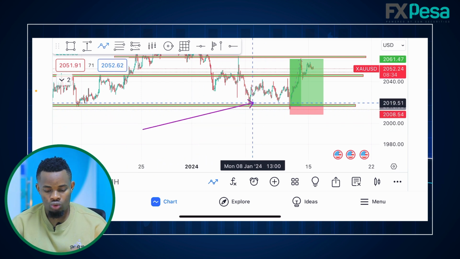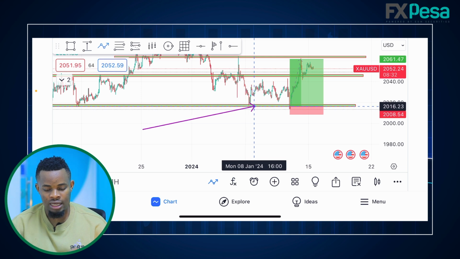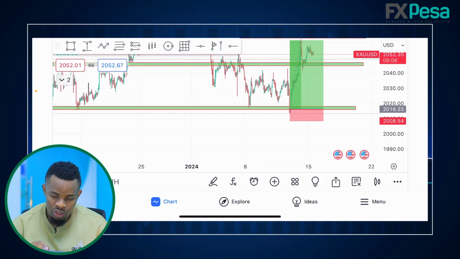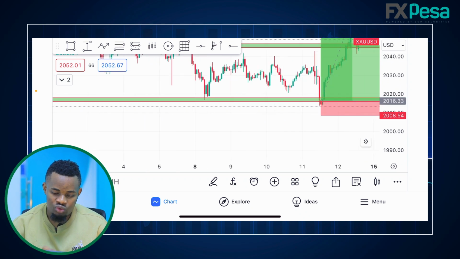Also, when they sweep these levels here, as long as they sweep below like this, it means this market will buy. How do you get the confirmations? There are many confirmations. There are two concepts that I normally don't just share, but they're the ones I use. Another free one is the candlestick formation. How are the candlesticks formed? When you look here, you just see that when the market reaches this level,